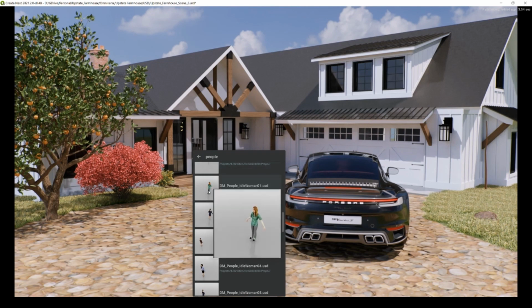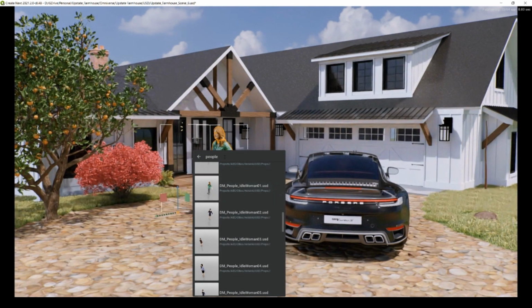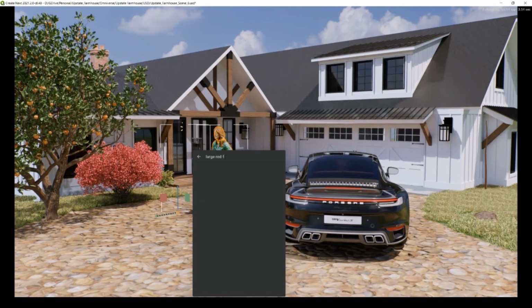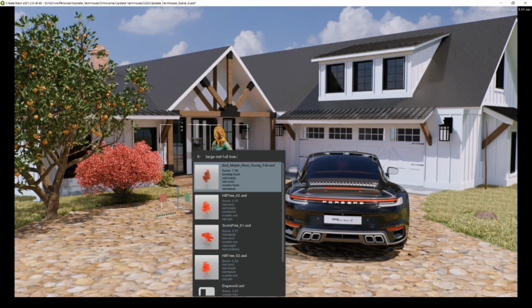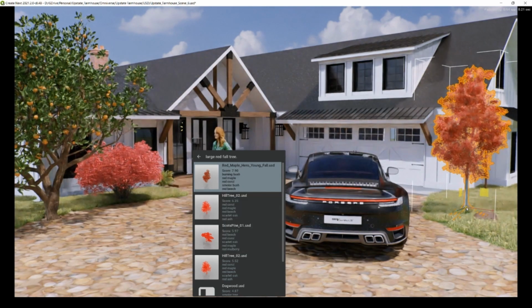Okay, let's add a bit more props. Maybe I'm looking for people to make that scene a bit more interesting. Again, I'm searching through the Nucleus database at really fast rates and able to find assets. Look at this search query, large red fall tree. Using AI and very interesting search technology, I'm able to find this red tree that will fit perfectly there on